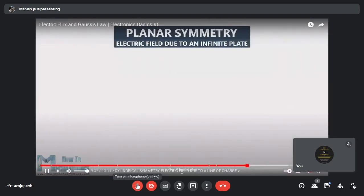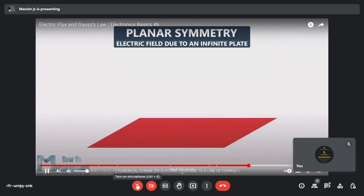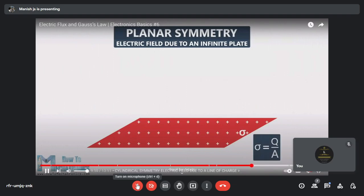The last type of symmetry is planar symmetry. In this example, we have a flat, infinitely large horizontal plate. We will bring a charge onto this plate with a uniform charge density sigma. Sigma is actually an amount of charge per area and is expressed in coulombs per square meter. Now we want to calculate the electric field in the surrounding area of this plate, let's say at a distance